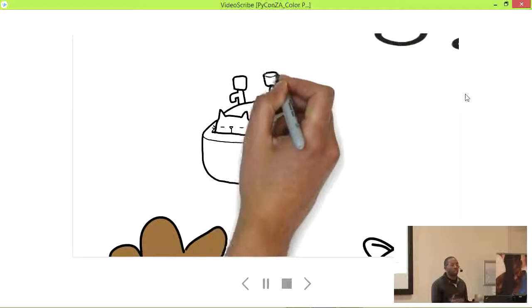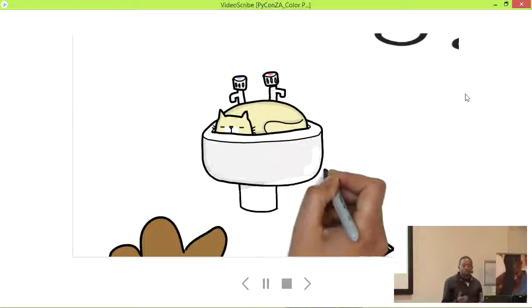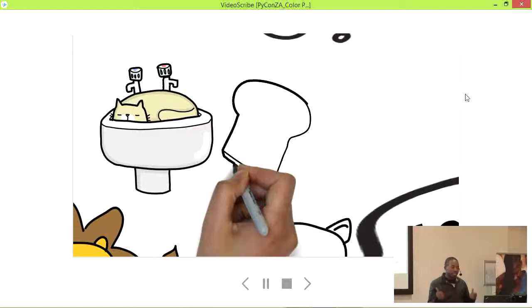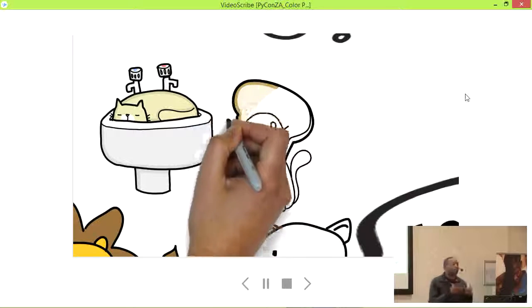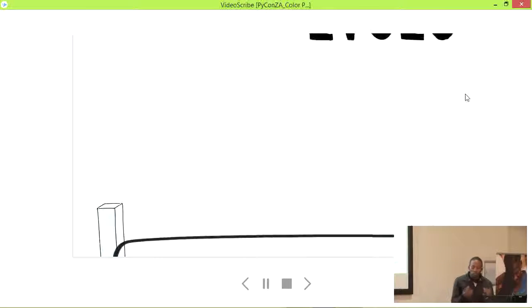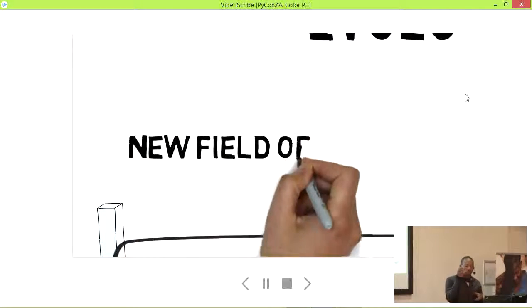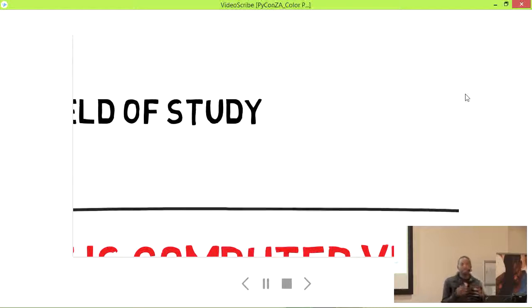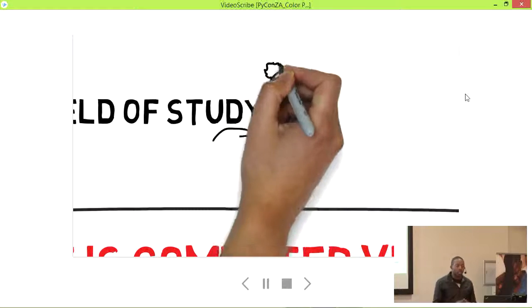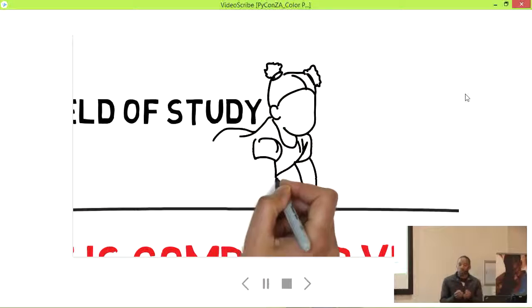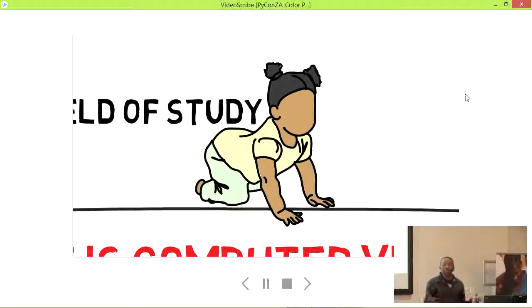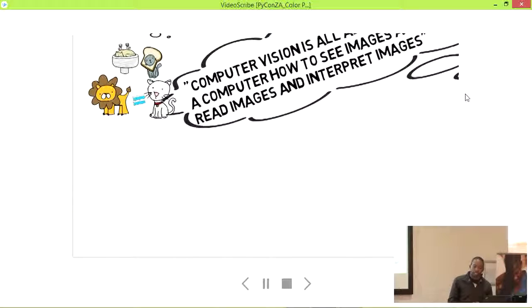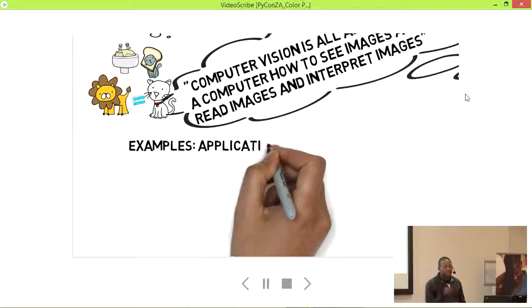Then what if you've got a cat that's in a sink? You know what I mean? We can't see its legs anymore. We can only see its head, its back, and it's done. What if we've got a cat that is also in a bit of trouble? Now, what we want to do is allow computers to view this and actually take it in. It's a really new field of study, because right now we can't get computers to take in this information. If you look at infants, when they're about 3 years old, they'll be able to tell you that's a cat. If it's a cat that's lying down, they'll tell you that's a cat. If it's a different kind of cat, they'll tell you, hey, that's a different kind of cat.